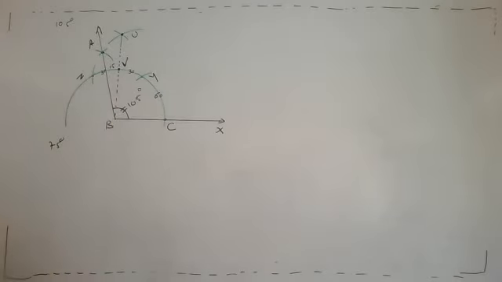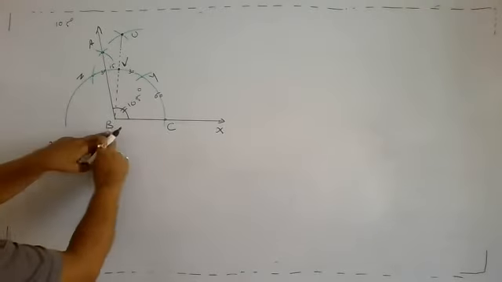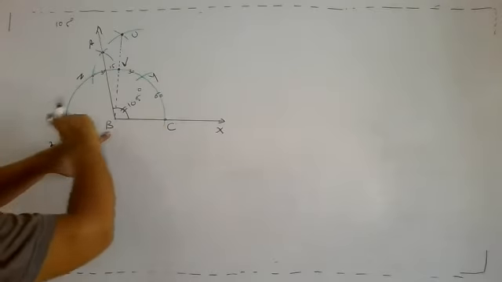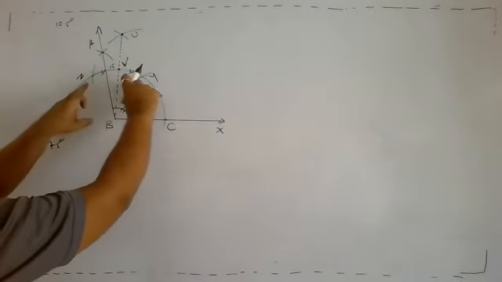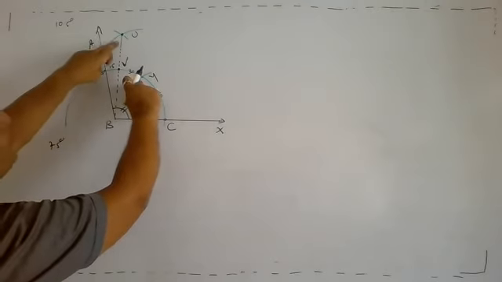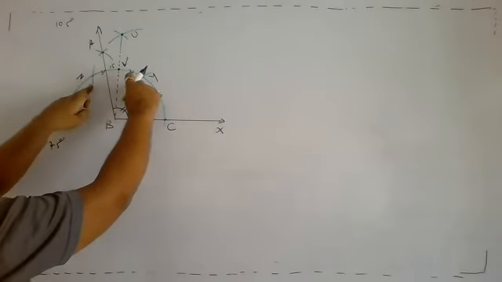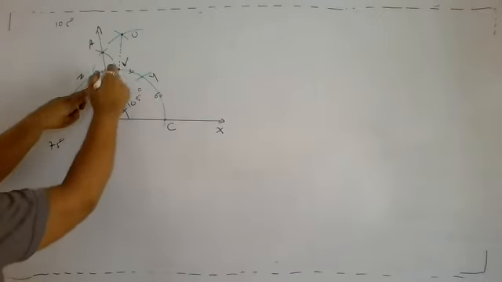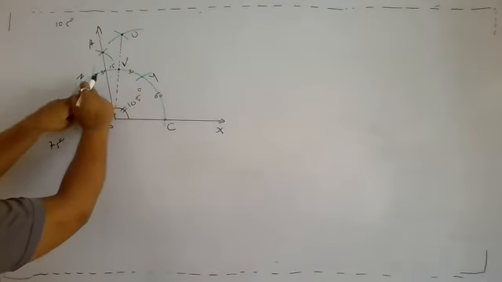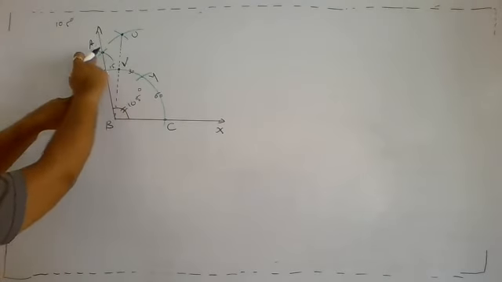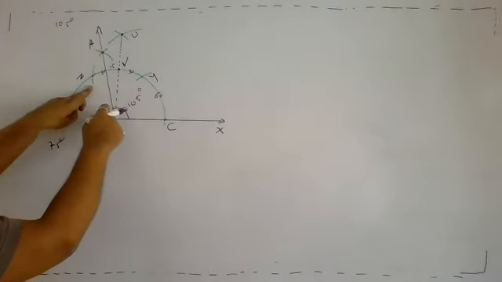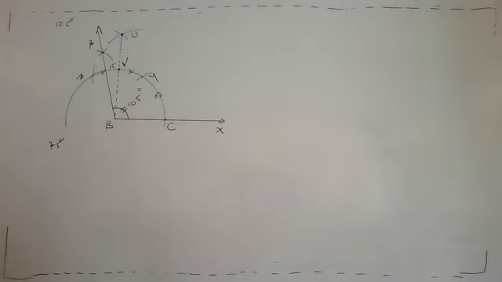So I hope you understand this 105. How will we do? BX, then semicircle arc. From C, first arc Y, second arc Z. From Y and Z, we get point U. Then join with dotted line. It is V. Now by taking more than half of VZ, we get point A. Join A and B. It is 105.